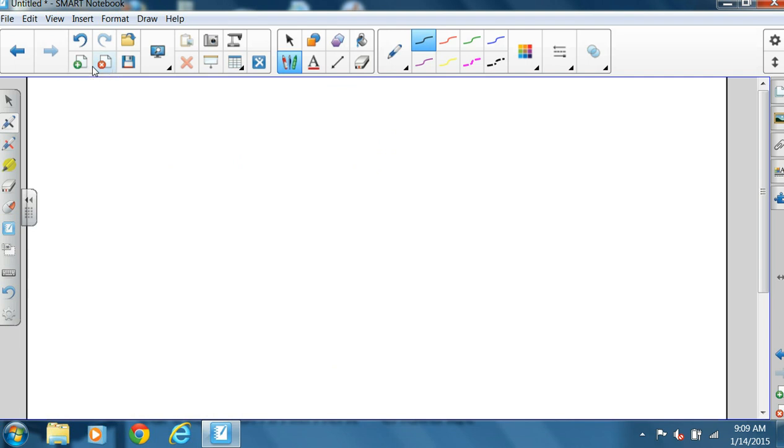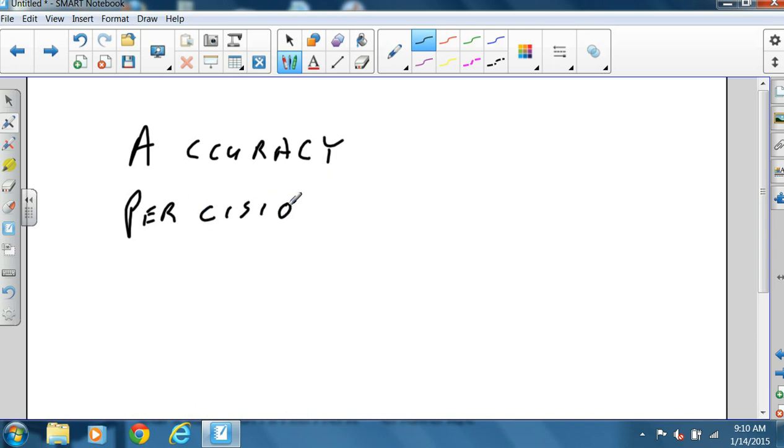So we have something that's accuracy, and we have something else that is called precision. Because we're not an English class, there's not going to be a multiple choice question or an essay question that's going to want you to know the difference between those two. But there is a difference between accuracy and